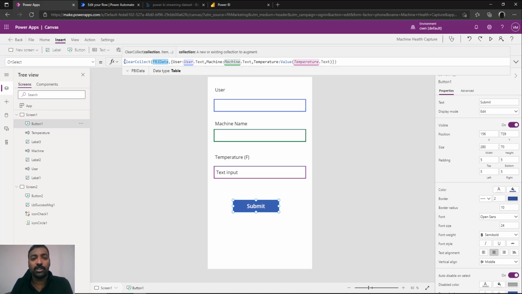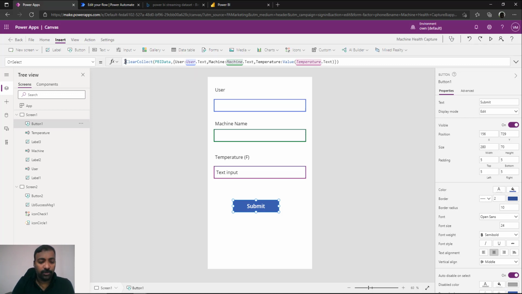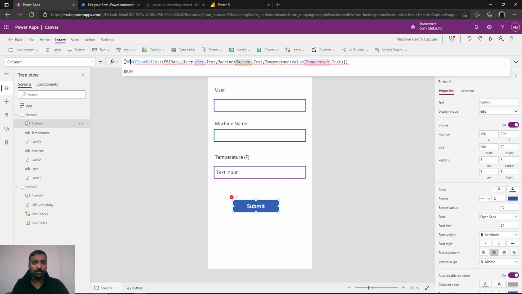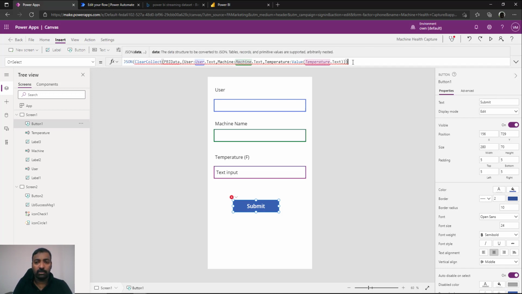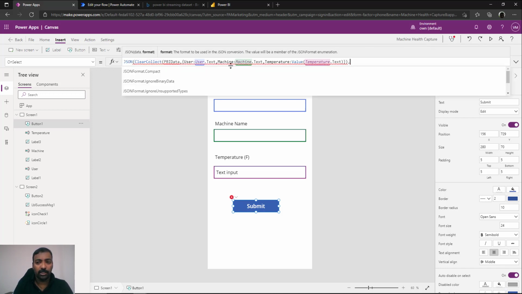Now we need to convert it into JSON. So we need to use a JSON function for that. There is a function called JSON which can be used, and you will convert it by formatting it into indent4, which is the standard format in which you pass JSON.